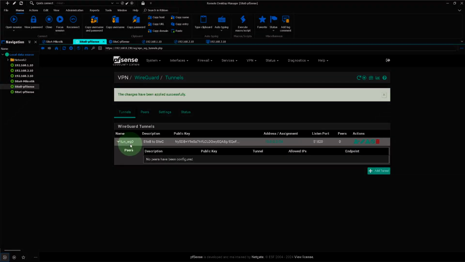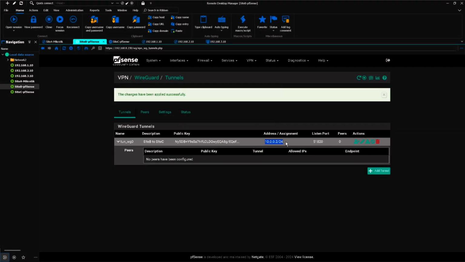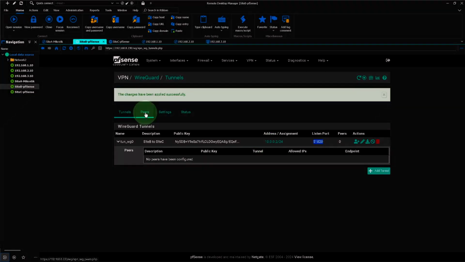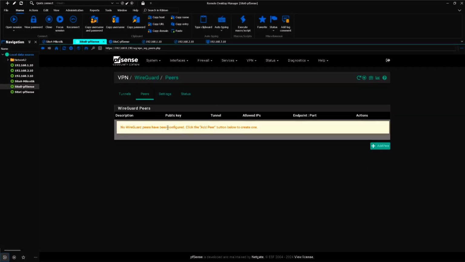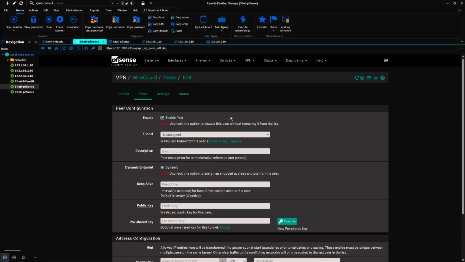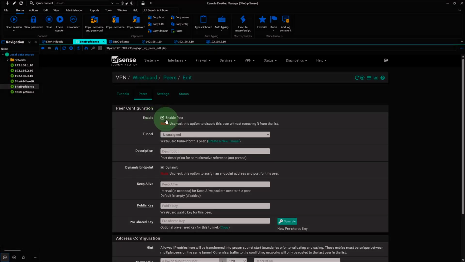We have created a WireGuard tunnel for site B to site C. We can see the public key, the IP address assigned to it, and the listening port. Next, we go to peers, click Add Peer, ensure peer is enabled,